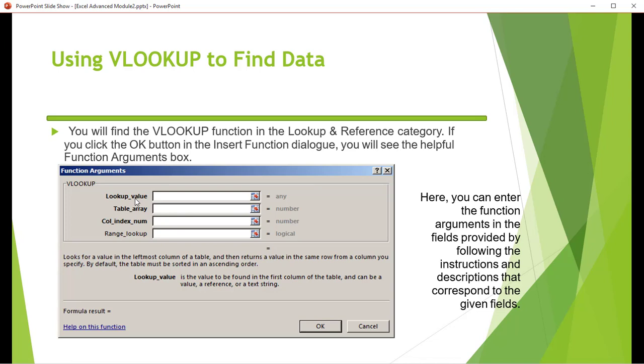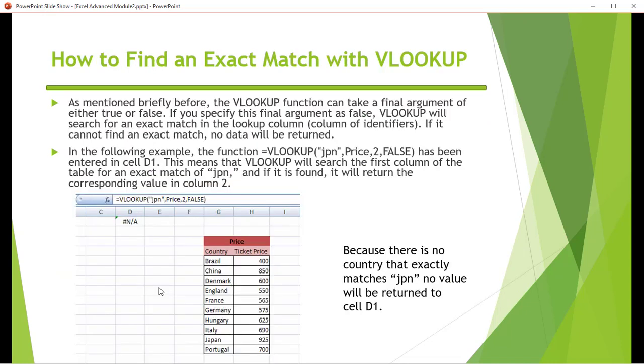Okay, so you will find the VLOOKUP function in the Lookup and Reference category. If you click on the OK button in the Insert Function dialog, you will see the Function Arguments box. Here you can enter the function arguments in the fields provided, following the instructions and descriptions that correspond to the given field.